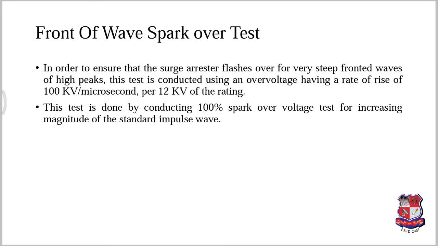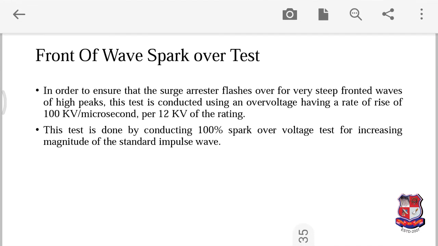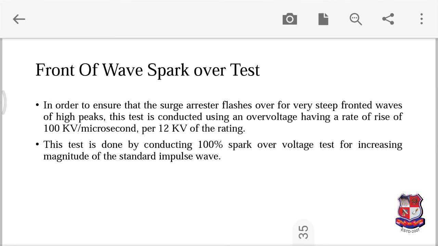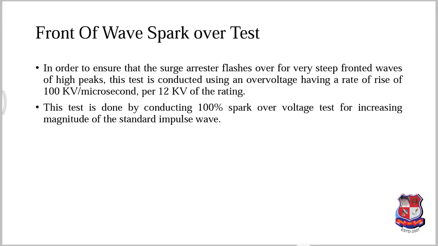See, a delta star connected transformer is there, and with the help of a switchgear, or we can say Marx circuit, we have to give the impulse wave to the transformer. Now another device is the surge arrestor, which is a very essential device used to protect from lightning strokes. Four tests have been done on that surge arrestor: power frequency spark over, 100% impulse spark over, front of wave spark over test, and residual voltage test.